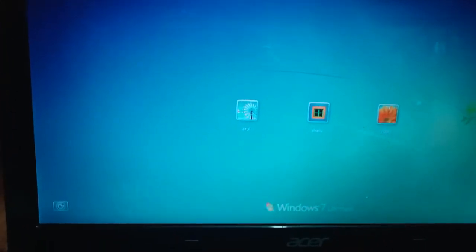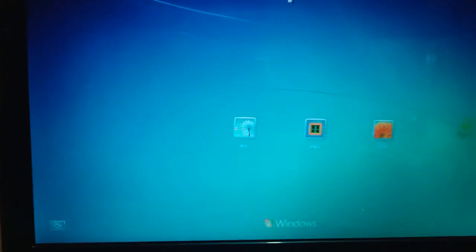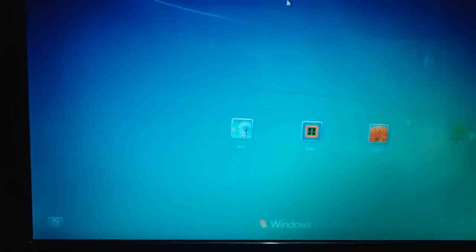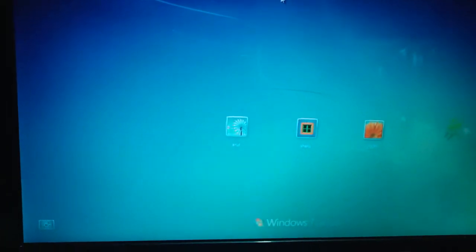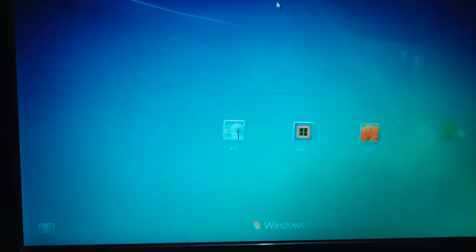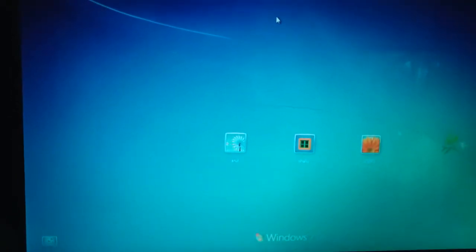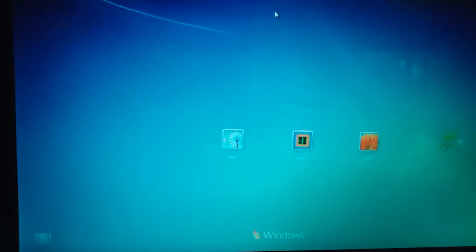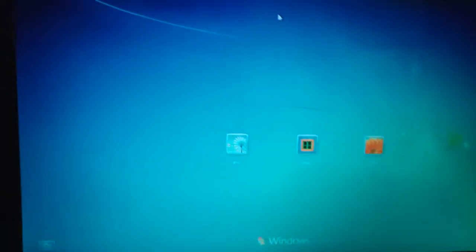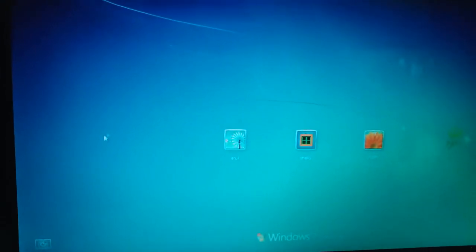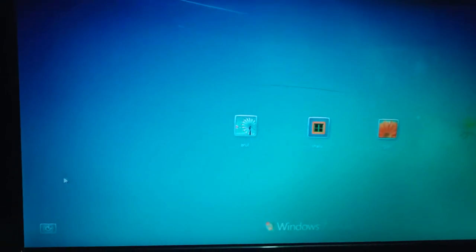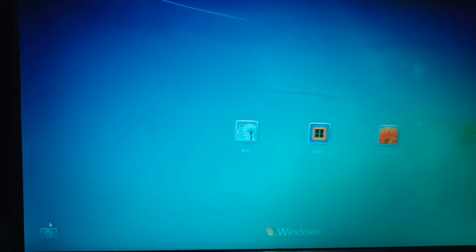There are various ways through which you can access the ease of access option. The first way I am going to tell you is how you can access this option from the login window. This is the login window where various logins are available. In the bottom left corner you can see the button that you can click to open the ease of access option. This is the button.